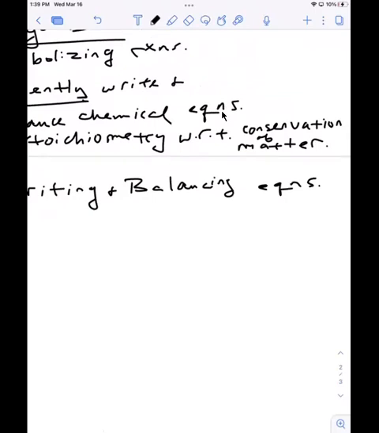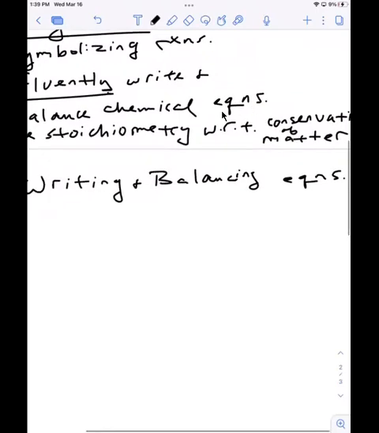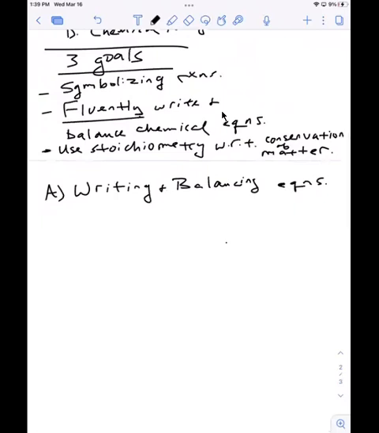In doing that, we need to be able to go from narrative to symbol. In other words, if they give you the words, you need to be able to turn the words into formulas. And also we're going to talk about different formats like net ionic,